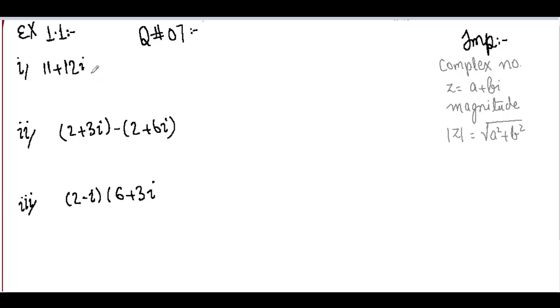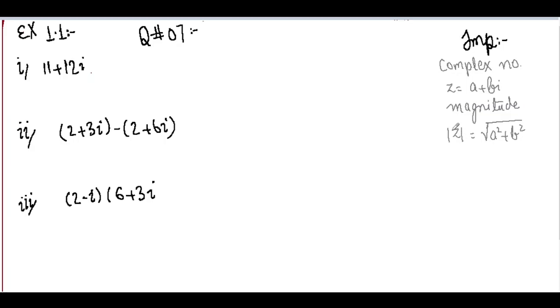Bismillahirrahmanirrahim. We are starting the last question of exercise 1.1, which is question number 7. It involves finding the magnitude of complex numbers which are given in these parts. A complex number z is equal to a plus b iota, where a is the real part and b is the imaginary part, and then for finding its magnitude,